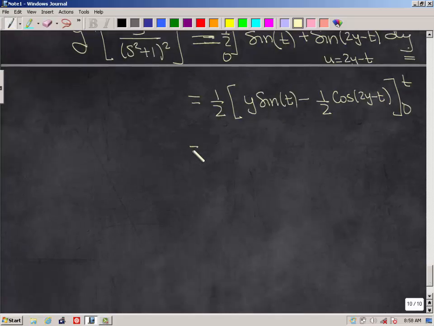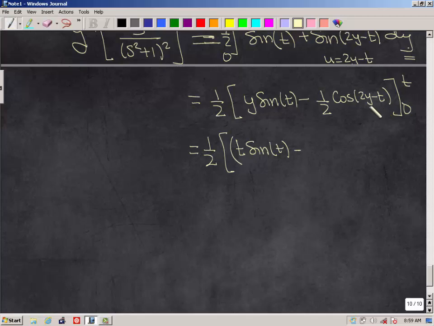So now we plug in the upper limit and the lower limit. So when I plug in the upper limit for y, we get t sine of t, remember we're plugging it in for y, minus, when I plug in for y here in the cosine term, I get 1/2, we get 2t minus t is just t, minus, when I plug in the lower limit, sine of 0, this is 0, so 0 times sine of t